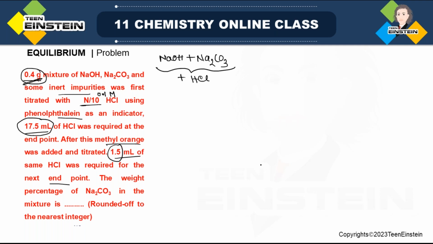So here we have to understand what reactions are actually happening. NaOH's reaction with HCl is basically 1:1. You will simply get NaCl and H2O. But for Na2CO3, there are 2 Na. So when reacting with HCl, if you have taken 1 mole of each, first it is NaCl